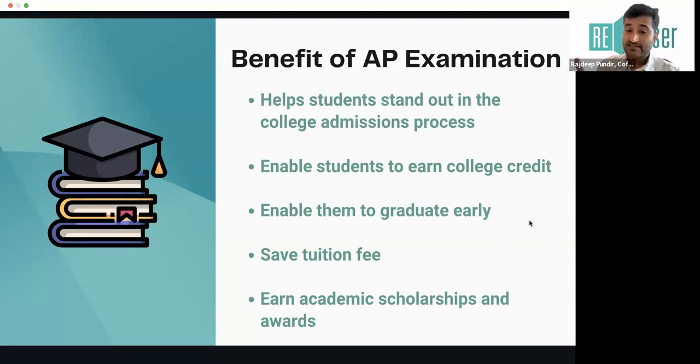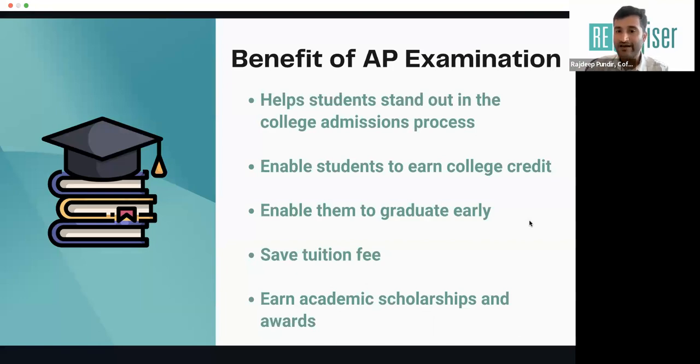So that's another thing. Some students actually use it in a different way. They don't want to graduate early, rather they want to take few other courses which could act as a minor for them, right? Some students end up doing minor in a particular subject within the same 4-year itself. And then, as the last option says, it also helps you to earn academic scholarship, because the moment you showcase that you're doing AP exams, you're showcasing that you are better than a lot of your peers, and you have gone through a much more rigorous academic curriculum, it helps you to gain certain level of scholarship.